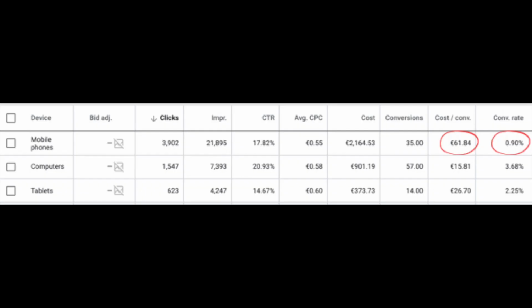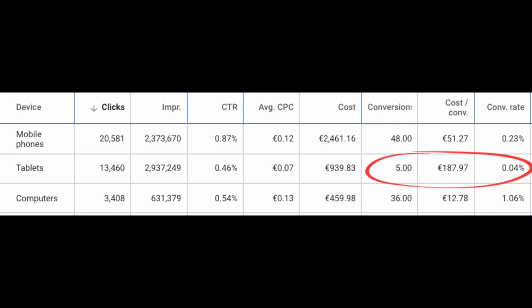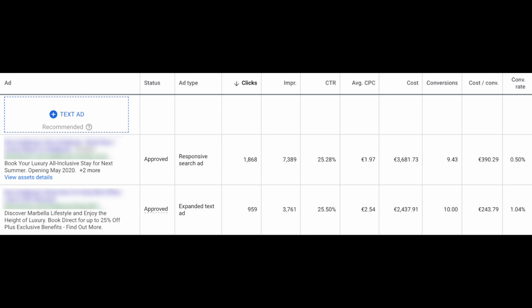Here's a selection of screenshots from audits that I've run over the last couple of years where there was no device adjustment in place, but there really should have been. But there's a deeper level of analysis to be done when you start segmenting your other variables like keywords and ads by device. For example, let's say I want to compare the performance of this responsive search ad and this